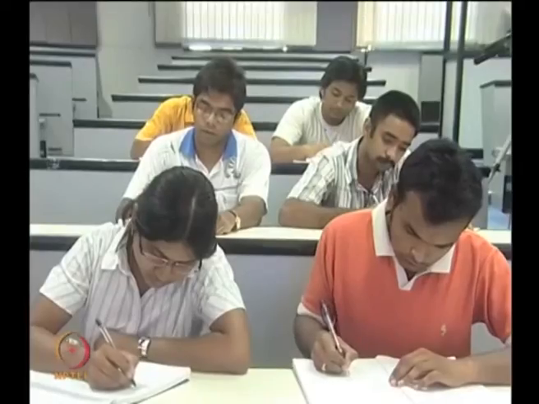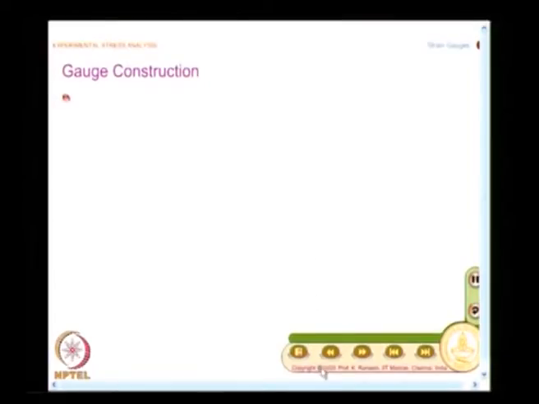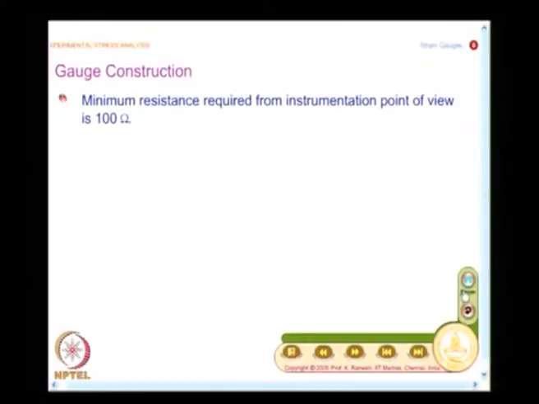And now, let us look at how we have to make a strain gauge. What is the difficulty? We need to know how strain gauges have to be constructed. See, I said that you are going to measure very small quantities. We are going to make changes that are very small, and from the measurement point of view, if I have a base resistance of 100 ohms, any change that you look at will be significant for you to measure. That is the focus here.